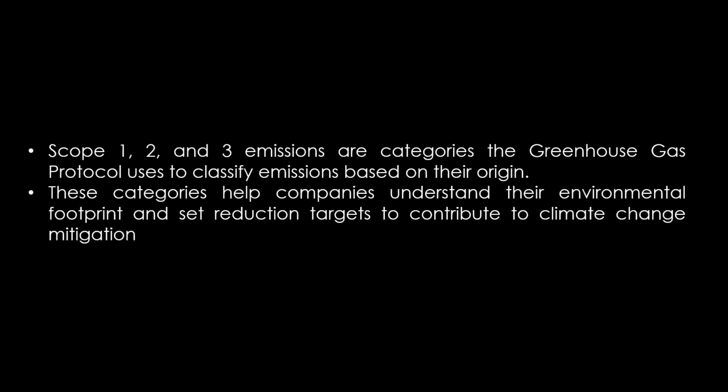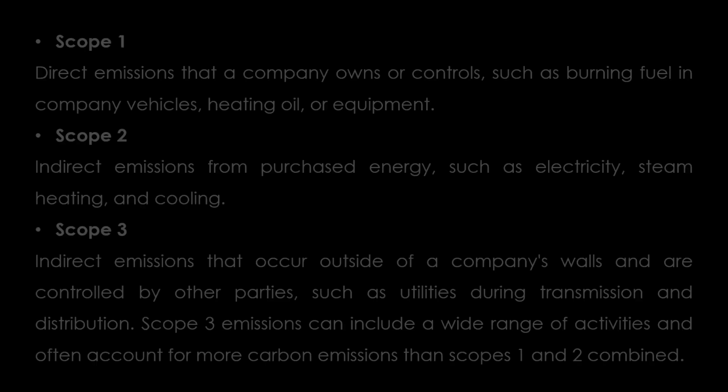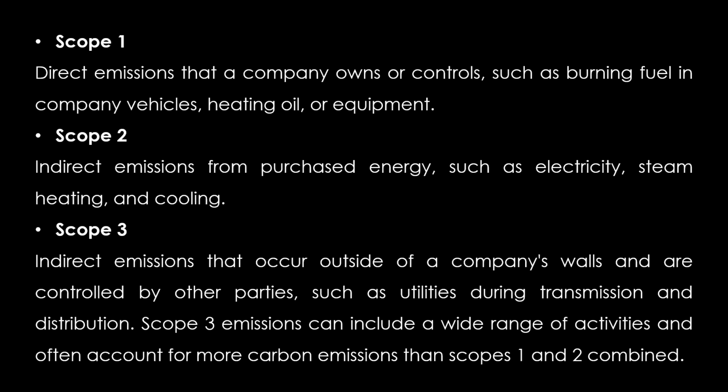Scope 1, 2 and 3 emissions are categories the greenhouse gas protocol uses to classify emissions based on their origin. These categories help companies understand their environmental footprint and set reduction targets to contribute to climate change mitigation. Scope 1 emission: direct emission that a company owns or controls, such as burning fuel in company vehicles, heating oil